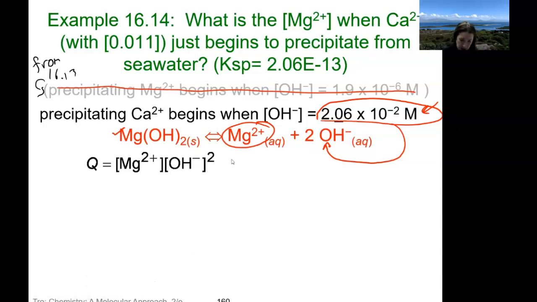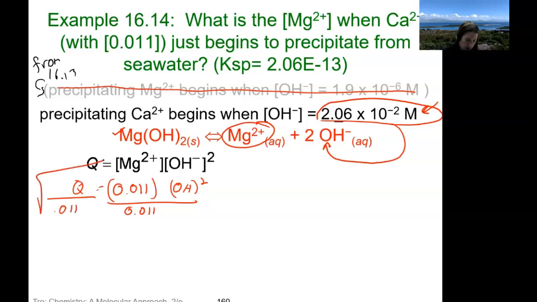We have our magnesium, and 0.011 is our Q, our K here. Remember this one is OH squared. So we're going to divide by 0.011 and then take the square root of our answer. And that is going to give us